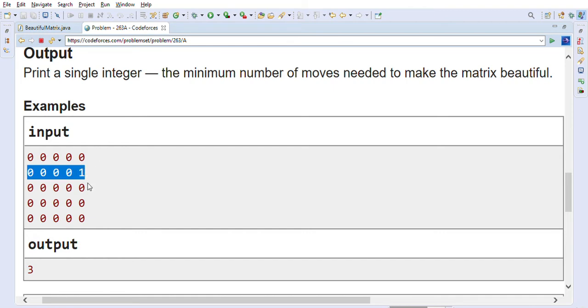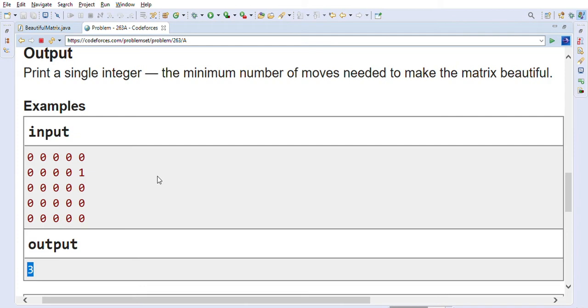one row down, right? And after that we moved the last column here, and the previous last we again moved to this column, right? Two column transformations, so the one will come to this location, correct? So that is what they are saying. We made three moves, so we have to output 3 as our answer.